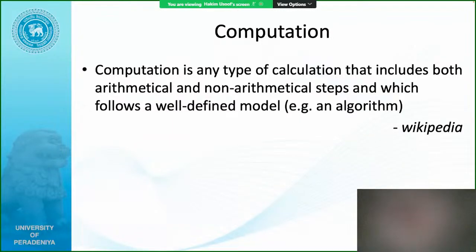So in achieving this objective, right, we basically do arithmetic operations. Arithmetic operations are addition, subtraction, multiplication and division and things like those, right? And then of course you have non-arithmetic operations. In computation, you have these non-arithmetic operations as well. We call them logical operations, right? Like for example, if